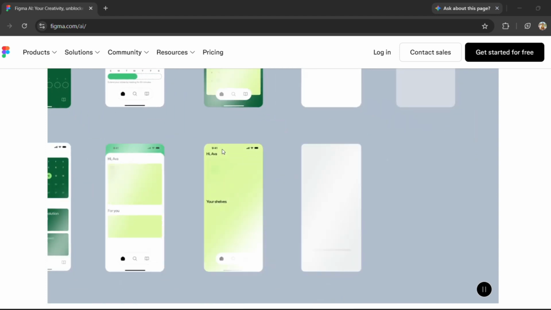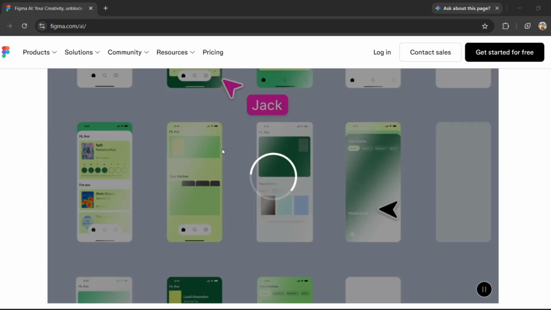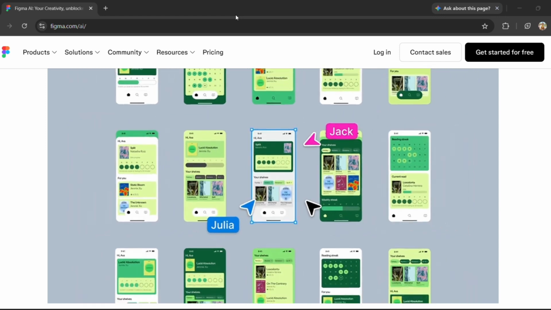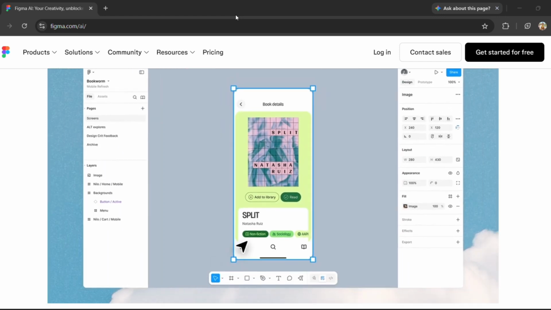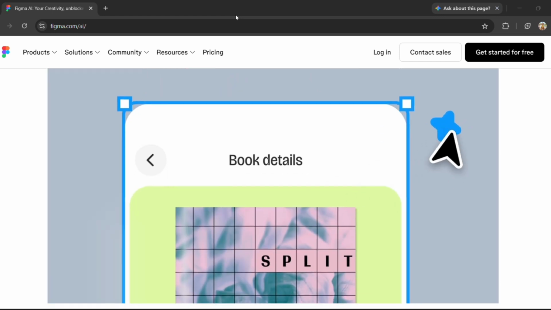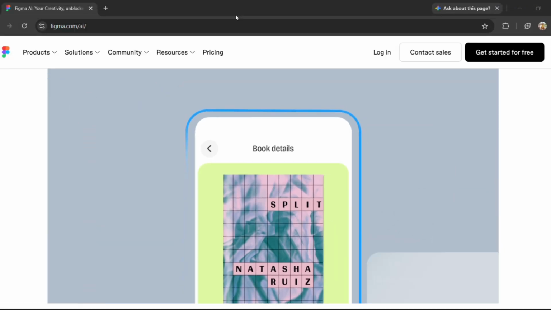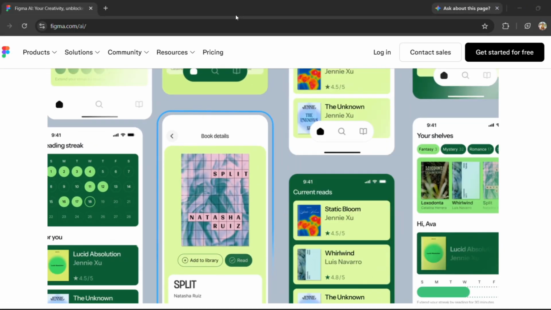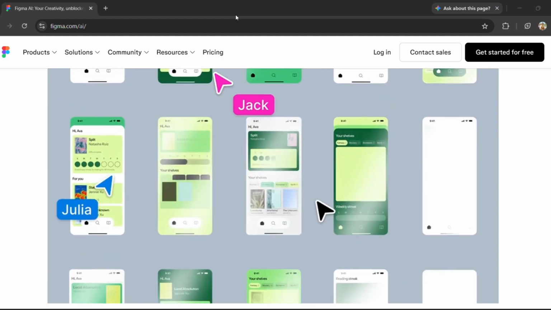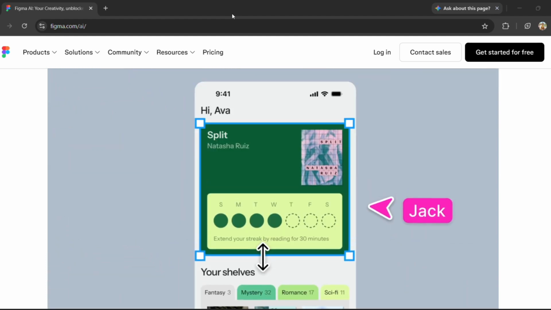Finally, click Share to collaborate with your team or export to download your design. If you're planning to turn it into a live website, you can hand the design to a developer or use supported tools that convert Figma designs into working websites. And that's how you can build a stunning website with Figma AI, without being a designer or writing a single